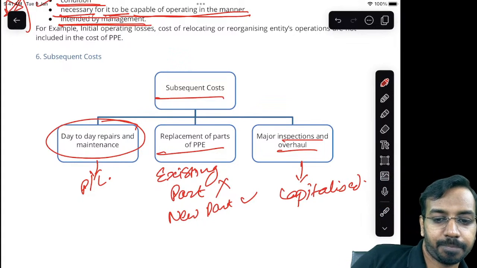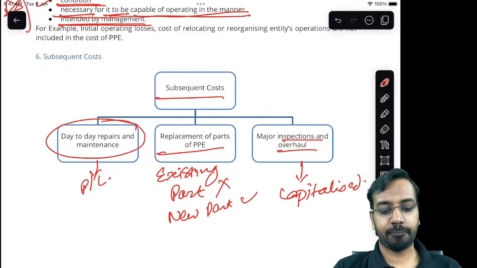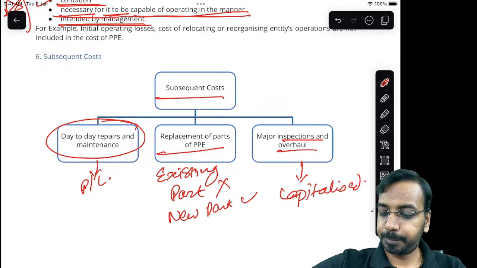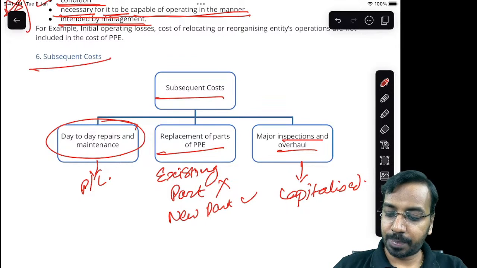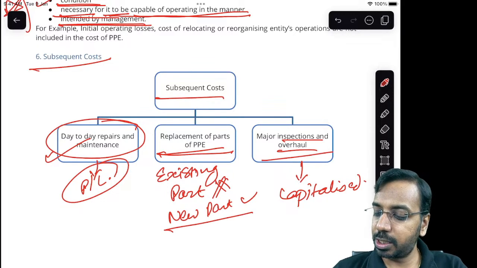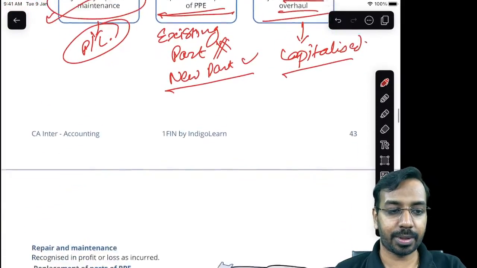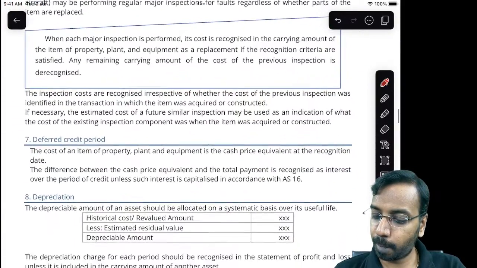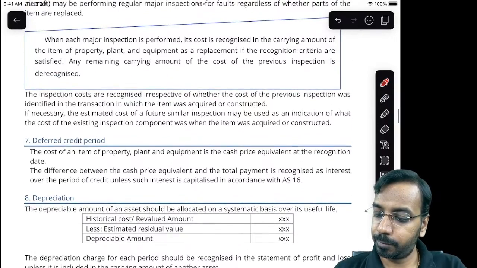Any questions? So subsequent cost, day-to-day repairs go to P&L, replacement, you will de-recognize the existing part and recognize the new part. Major inspections and overhaul will be capitalized. Then